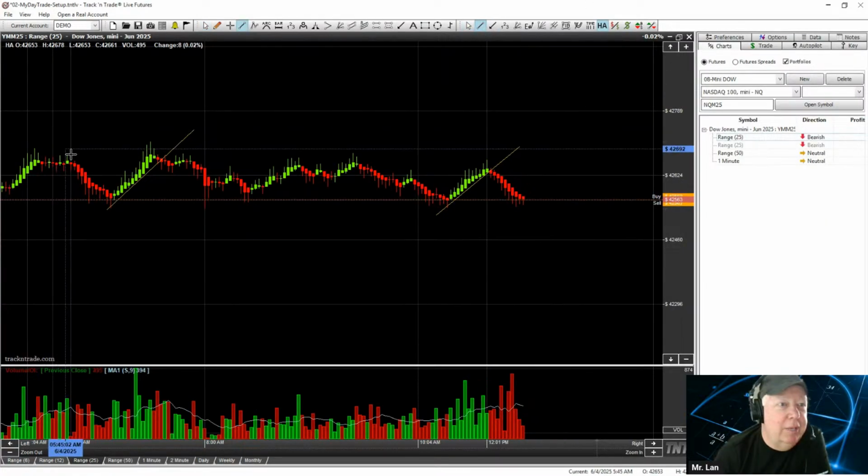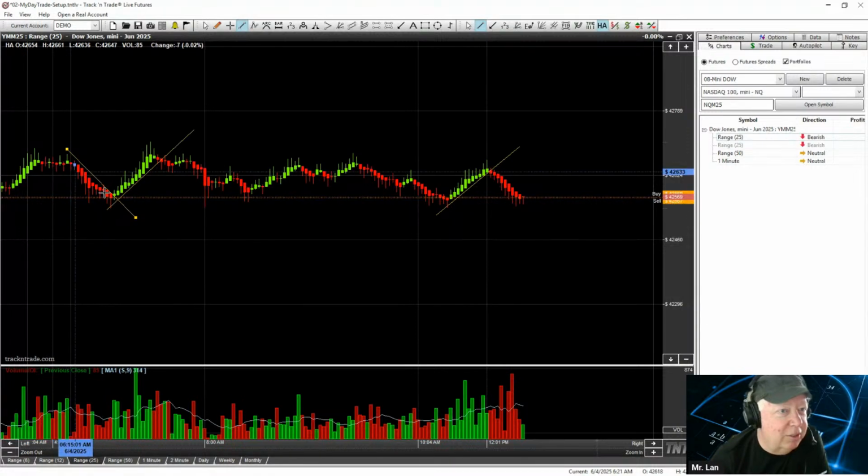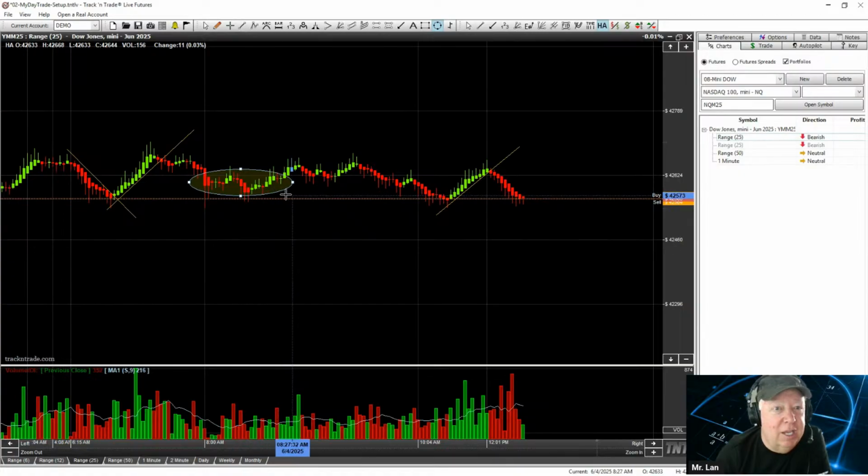Okay, so we're going to come in here, and we have flat tops and flat bottoms. And we have hairy tops and hairy bottoms. We don't want to trade if the market's making both of those at the same time. It's one or the other. So like right through here, lots of hairy tops and lots of hairy bottoms. I call them bottoming tails and topping tails. But now I'm going to call them hairy tops and hairy bottoms from now on out